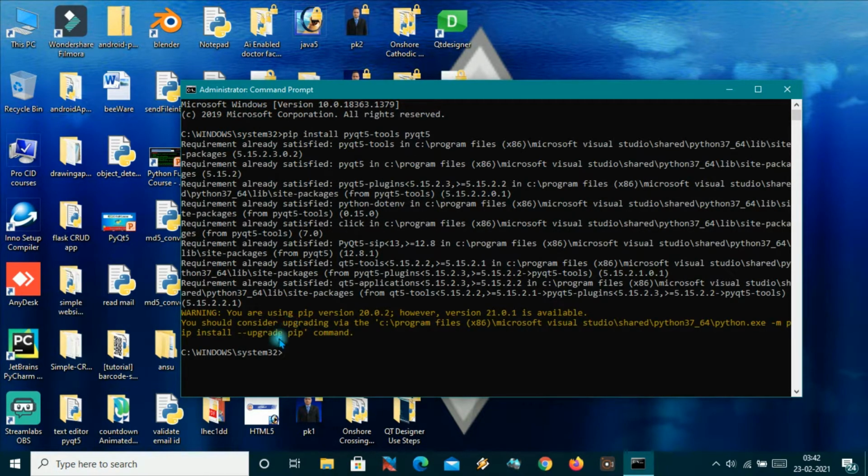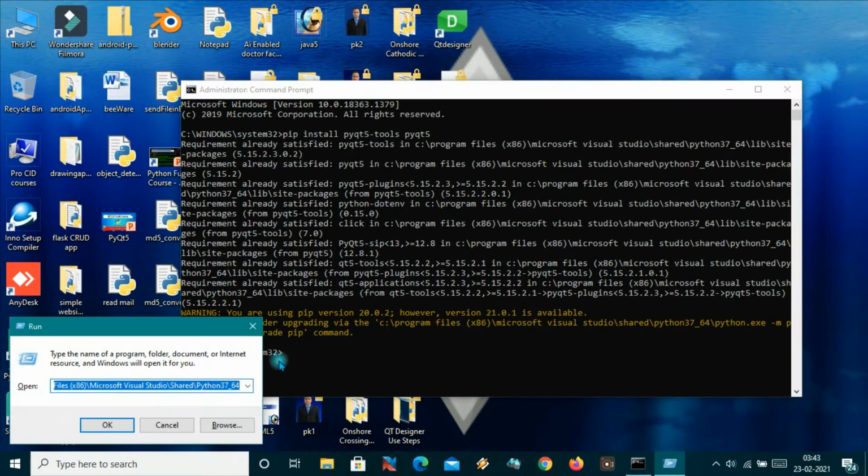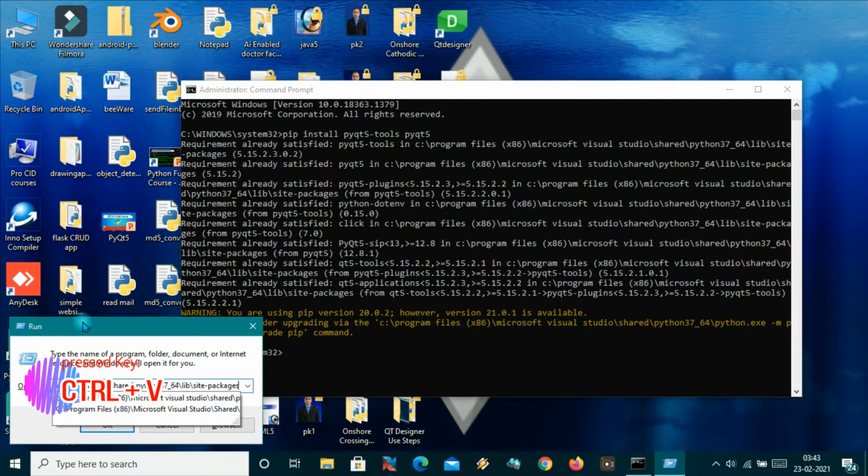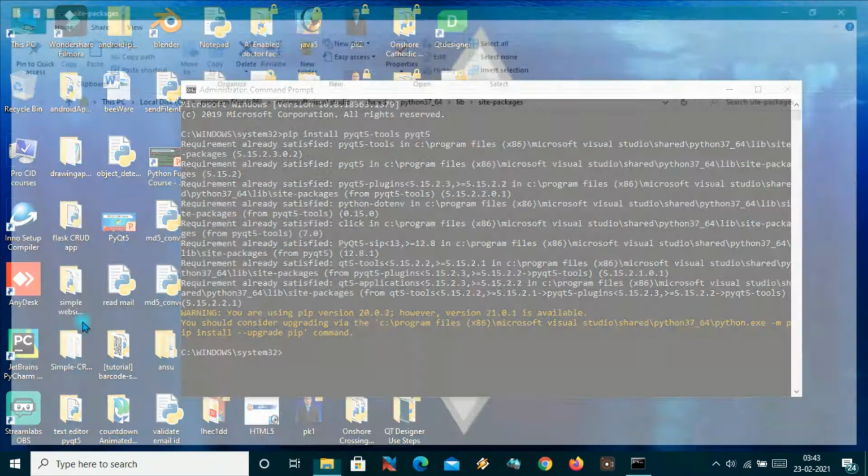Now after installing, there is a path here, so just copy this path, selecting it up to site-packages. Let me copy this and now press Windows plus R. Here you will have the run command, so paste your path here and hit enter.